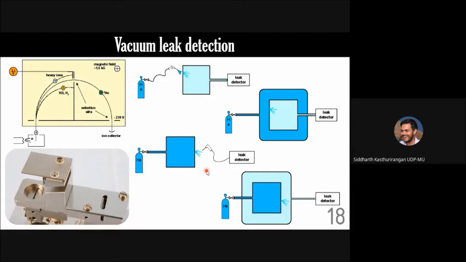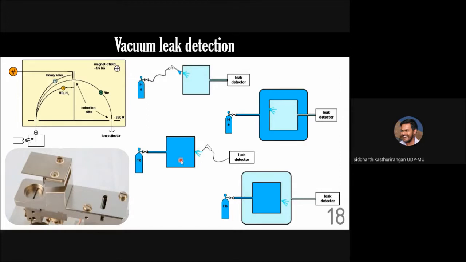That is the logic. And you can have a leak detection blanket around the chamber and then flood the chamber with helium and allow for the leak to be detected. This only tells you whether there is leak or not. It doesn't tell you where is the leak. Same thing with this one. It only tells you whether there is a leak or not. These two, the left two panels, tell you where exactly the leak is located.